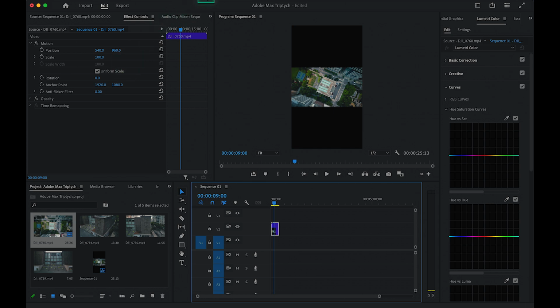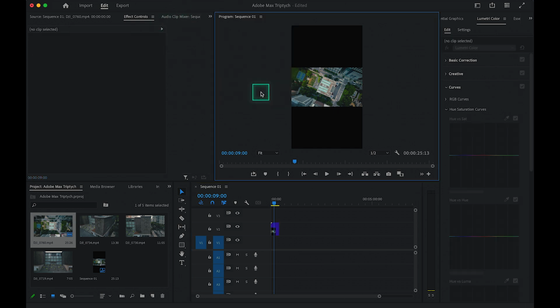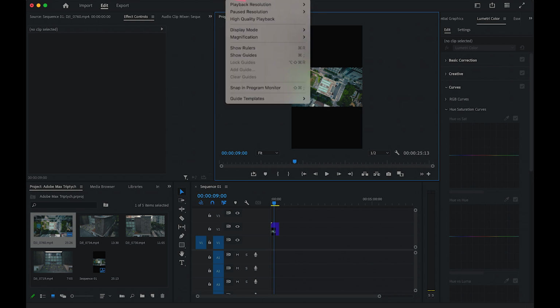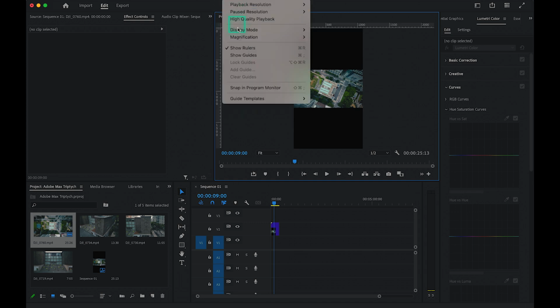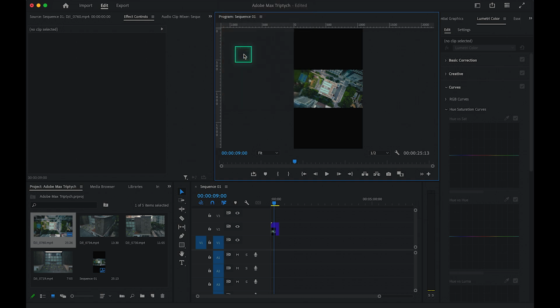So now we've clicked into this monitor here. We're going to click view, and show rulers, view again, show guides. So we needed to create a guide at 640. So we go up here and we drag down, and we're going to go to 640, which is